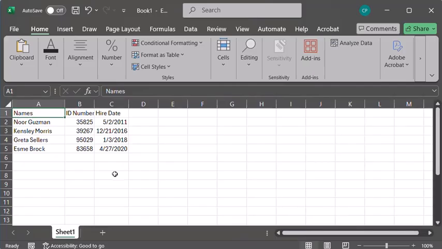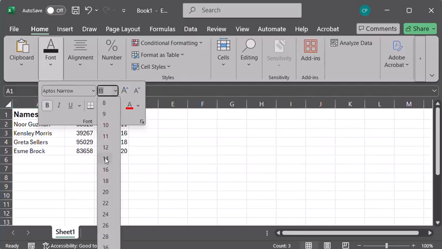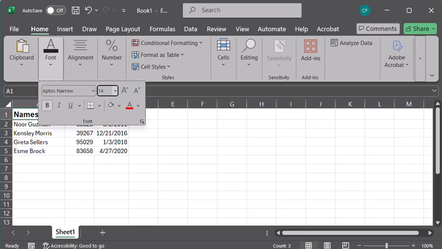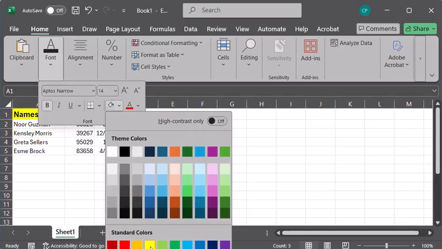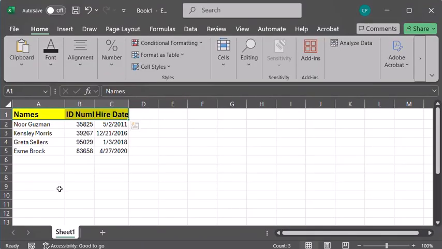Another example of formatting you might want to do is maybe I want to make the column names bold. So if I highlight my cells, I can go under the font section of the ribbon, and I can change the color. I can make it bold or italic. I could change the font size if I wanted to make it bigger. Everything that you normally would be able to do with text, you can change in this font area. You can also change the background if you wanted to, for example, highlight those cells. That's all within this font section.